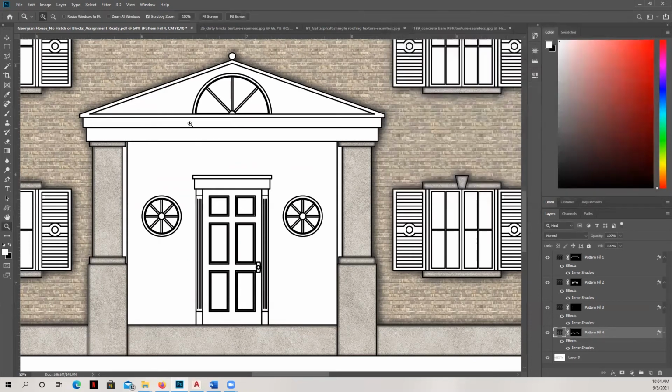And then the other thing is you can see there's an extra line here, and that could be defining many things right now. It's unclear exactly what that line is defining, but it's going to mess up my application of pattern here. And so all I'm going to do is create a little marquee here. You can do a marquee or you could do an eraser. I tend to do a marquee when I can get away with it. But I'm going to get a little too close. Let me zoom in.